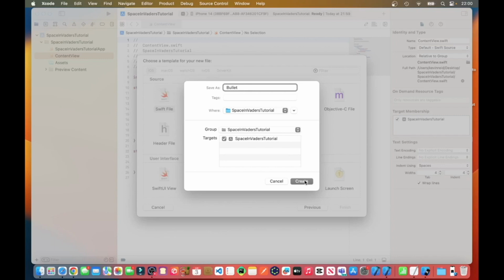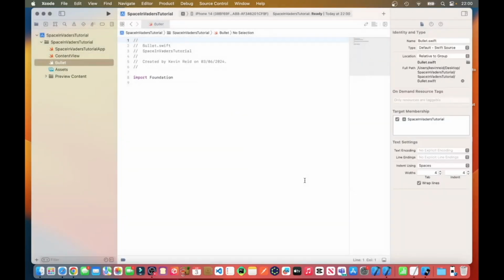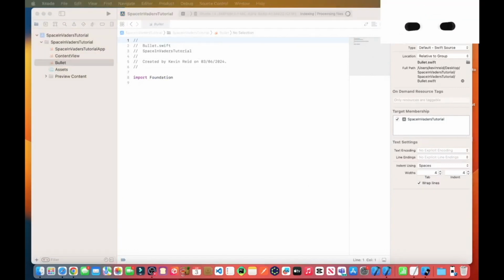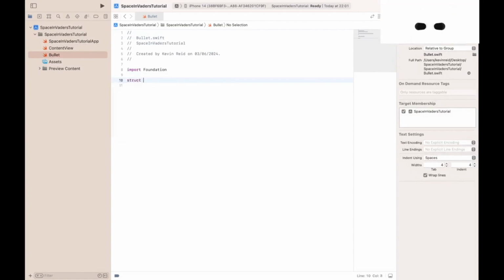Click on Create. And now we create our struct, bullet,